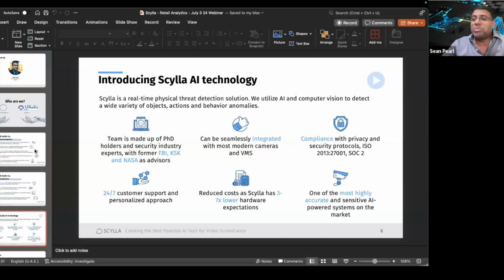And what was the primary objective? Now, Scylla actually considers itself to be a problem-solving company. They've identified various issues, challenges that are faced in the security industry and developed analytic solutions for them. So there is an existing portfolio of analytic solutions that are already available, but the vision, the roadmap is to, of course, identify new challenges that the security industry faces and to have solutions developed for them as well.